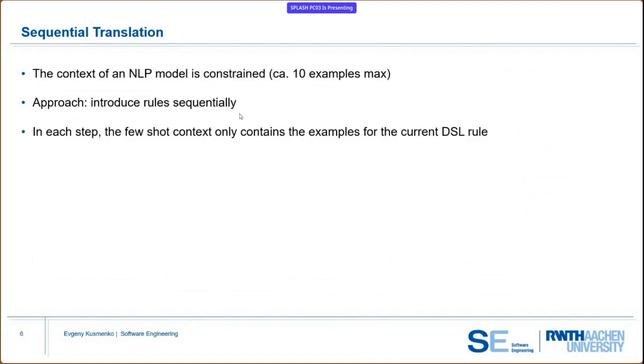Does the model know how confident it is about the translations? Does it output some kind of confidence level? Not at this point, no. But this would be a very interesting way for future work.